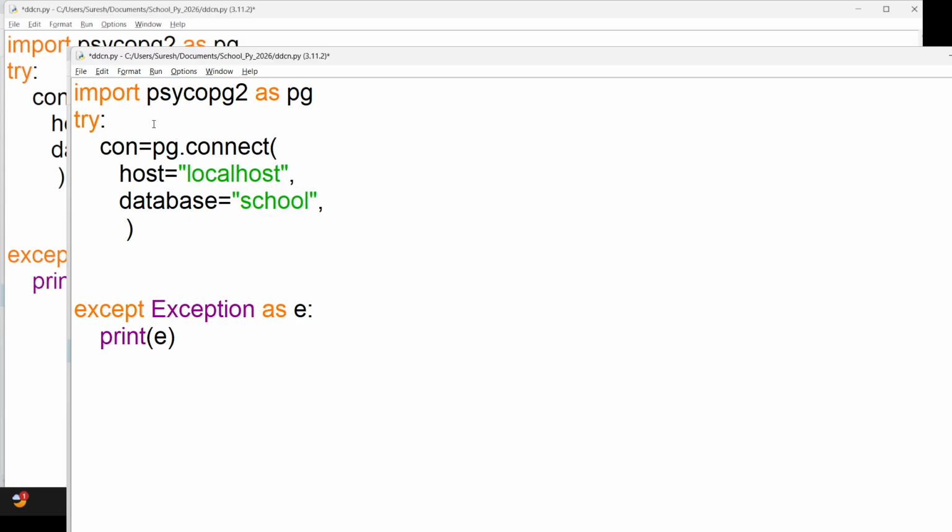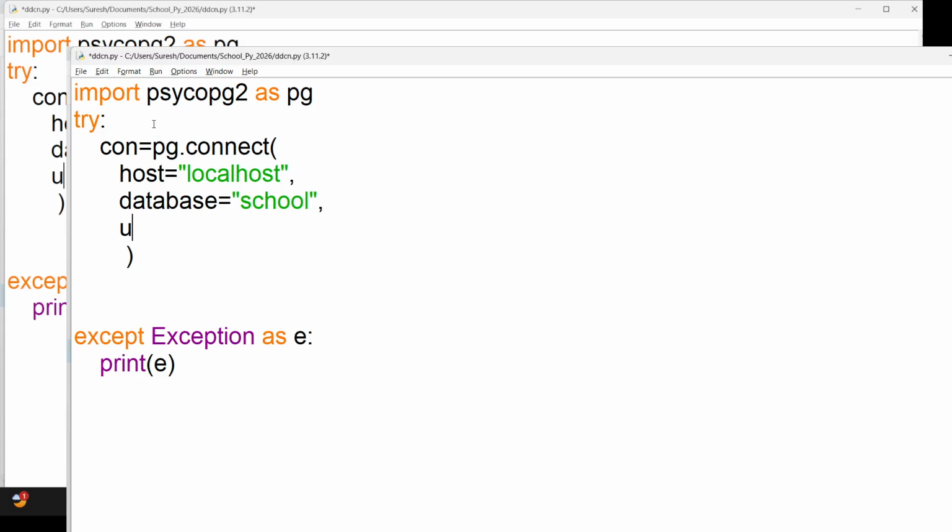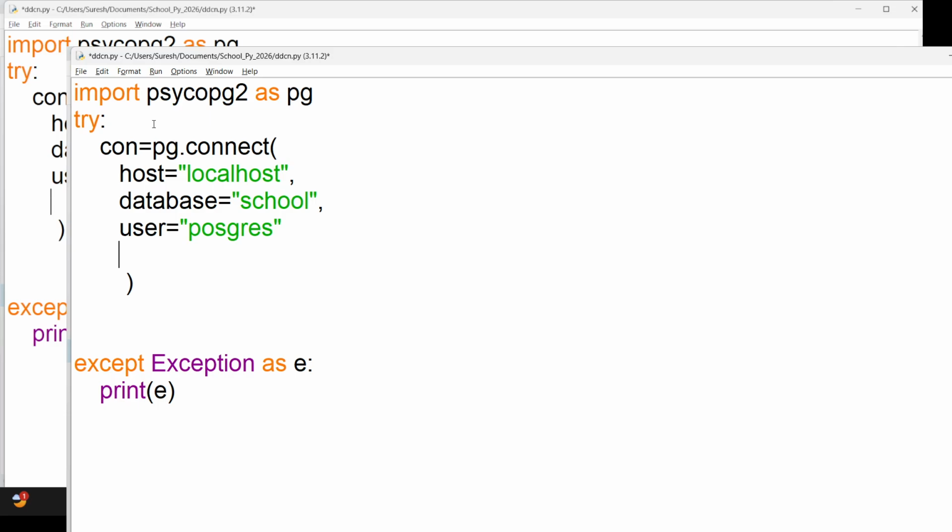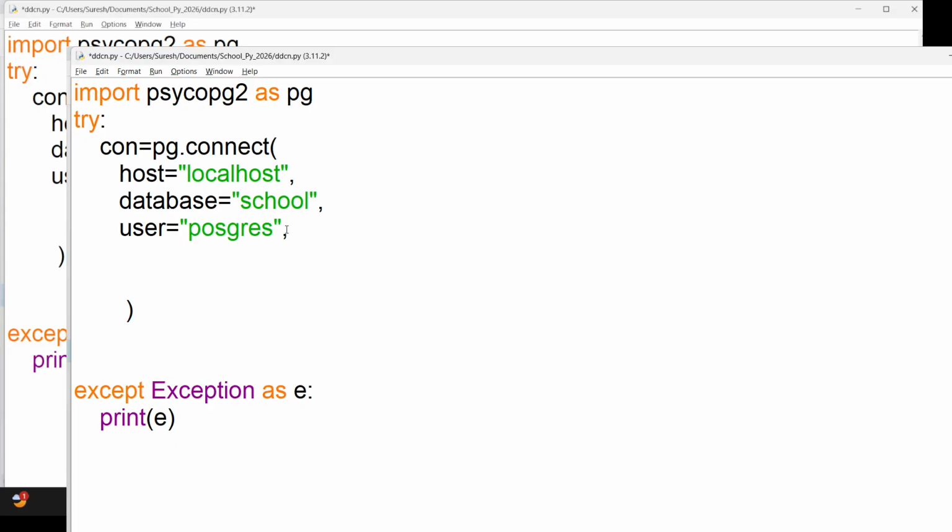Next, we need the username and the password. The user for Postgres is postgres. We need the password also. Whichever password you have given, in my case I can print it.